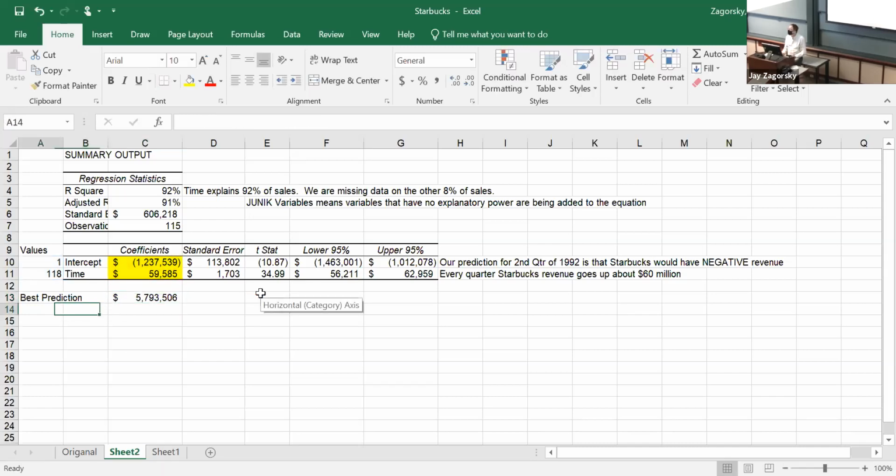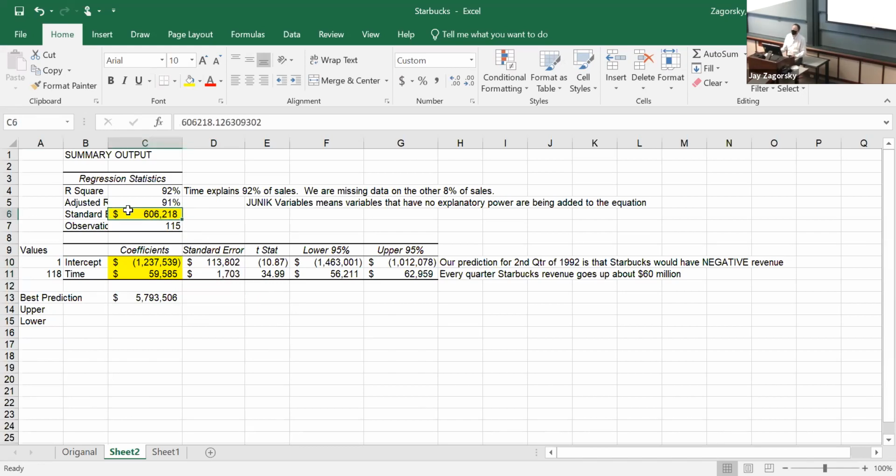Always give a range, never give a single number. So what's the upper and lower prediction? The upper and lower prediction is we use the standard error of the regression. I just made that standard error in yellow. To create the 95% range, we take our prediction and we add and subtract 2 standard errors of the regression. We do not, NOT, use the standard errors of the coefficients.